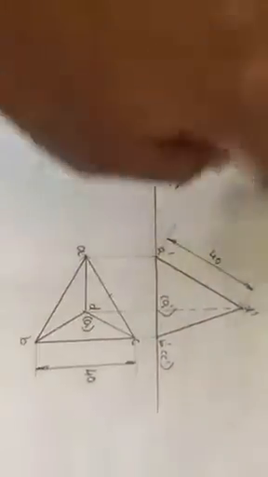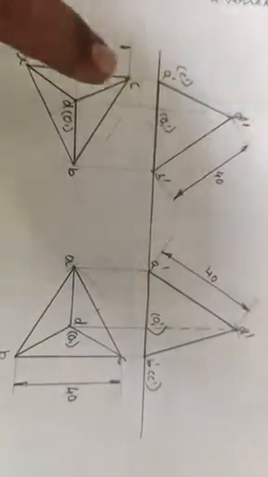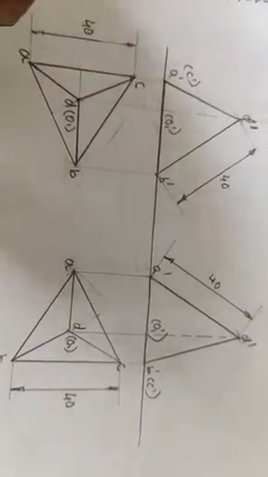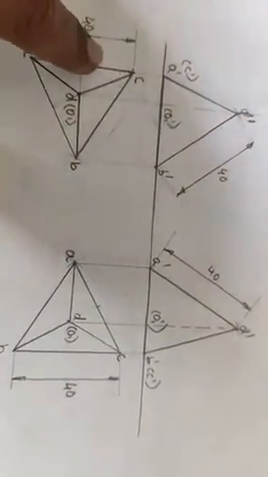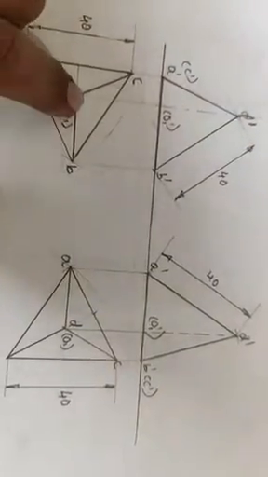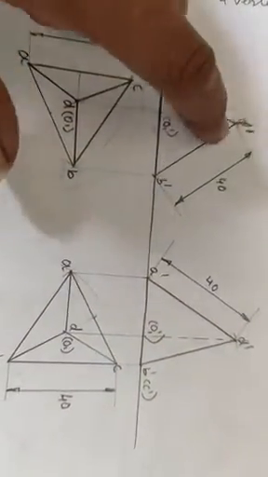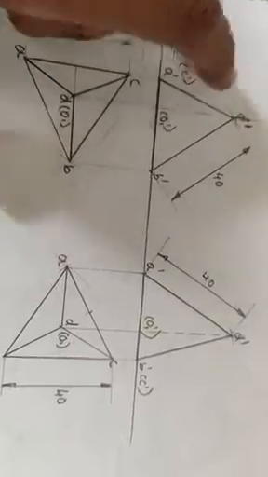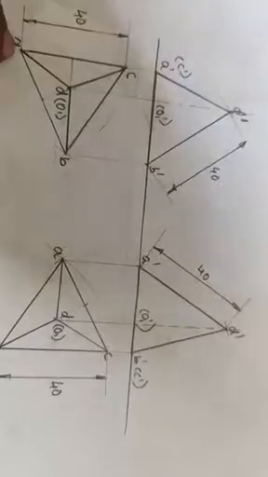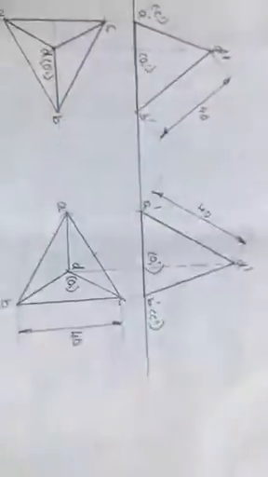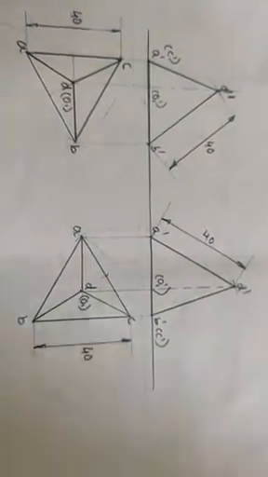So if you understand this much of the concept, it's okay. First you draw the top view, get the first triangle, draw perpendicular bisectors, get another 3 triangles, and then whichever side is parallel will appear in true length in the front view. So you will get the other corner. Join all the 3 corners, and you will get the front view. If you understand this concept, it's okay.